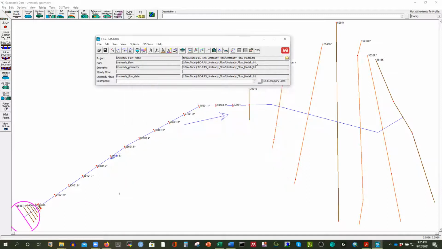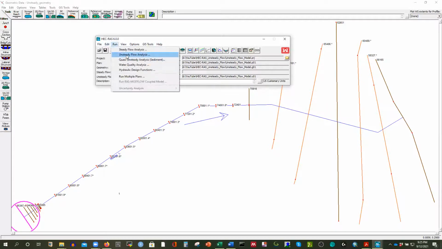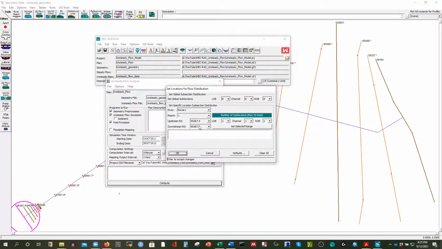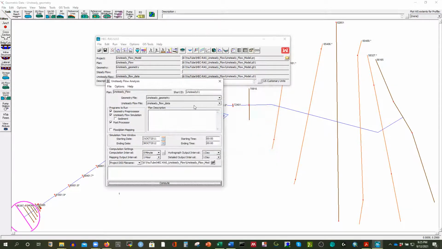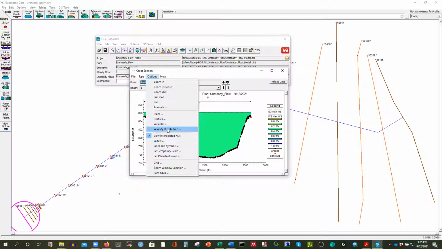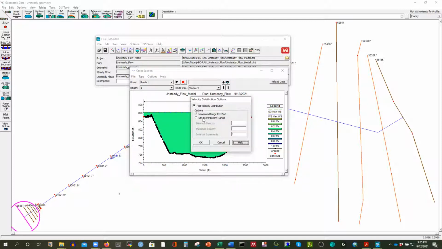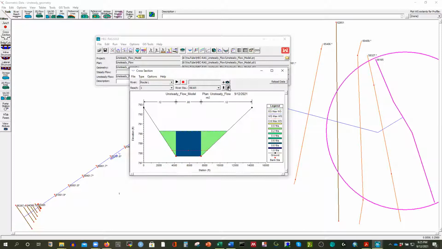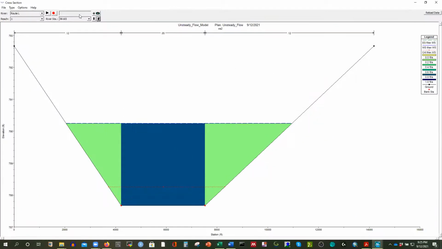And what happened here, because while running this model, let me check that. Here it is on a steady flow analysis. Maybe I didn't check that flow distribution locations. It's already there, okay? It's already there. We have selected this one, that one, everything looks okay. Okay, so we're done with this one. So let me show you that. The velocity we have here. And then maximum range of plot. No, we don't need that. We're done with everything. Okay, so we have this velocity distribution, and we can see here we have different options,